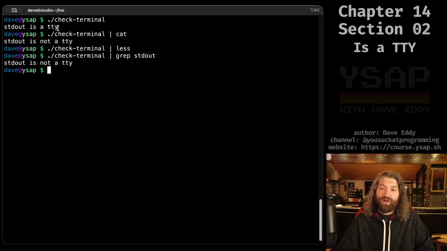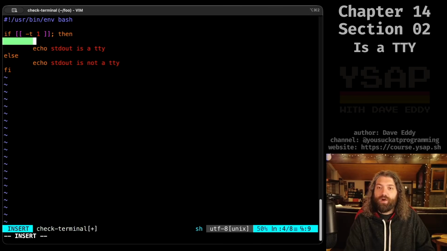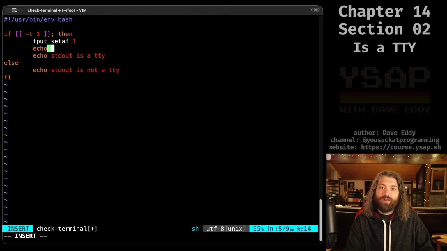If we have a file descriptor on our system, we are allowed to ask, hey, is this a TTY? Is this a terminal? So that's what's going on here. You can write code this way and you can make changes based on this. So I could do something like, oh, if the output is a terminal, then let's do the tput example, setaf 1, echo,